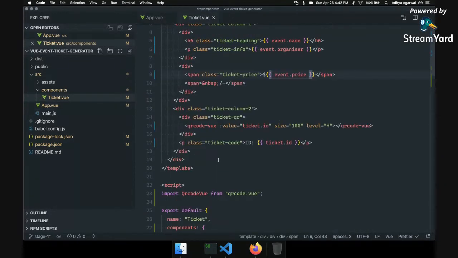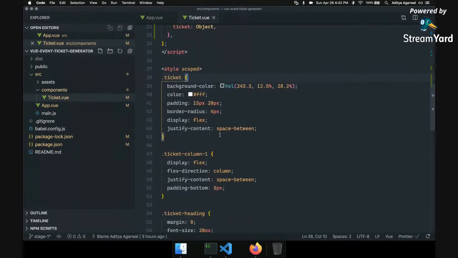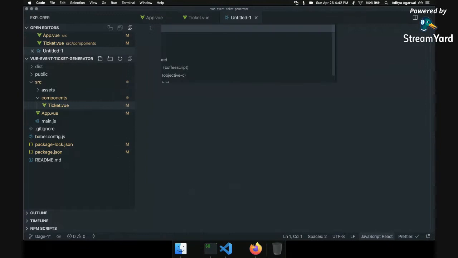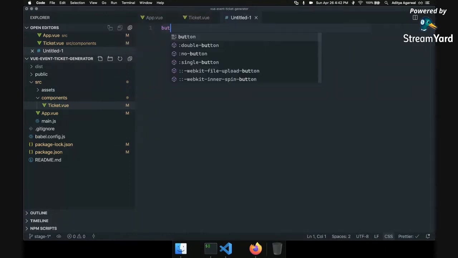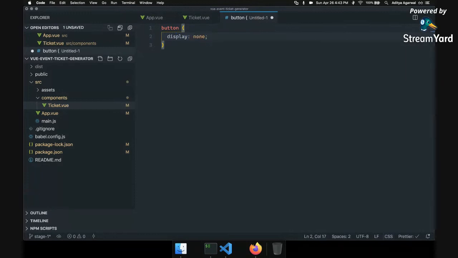Another thing we can talk about is the scoped thing. This is a very useful feature in Vue. As you know, in normal CSS, if there's a CSS file and you say button and you say display none, and this CSS file loads in the entire app, if there is any button, it will be display none. This is because of the cascading feature of CSS.